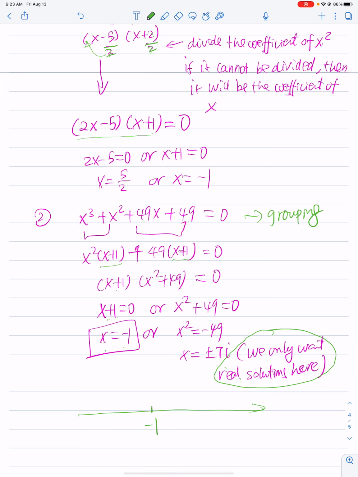So you only have negative 1. On the real number line, you do not have 7i or negative 7i. So these two solutions, we do not count here. So we only have negative 1 as a real solution. Okay, that will be the